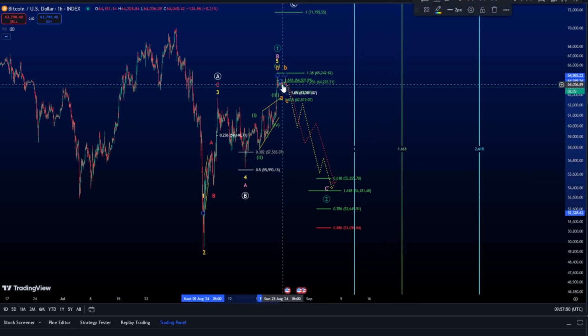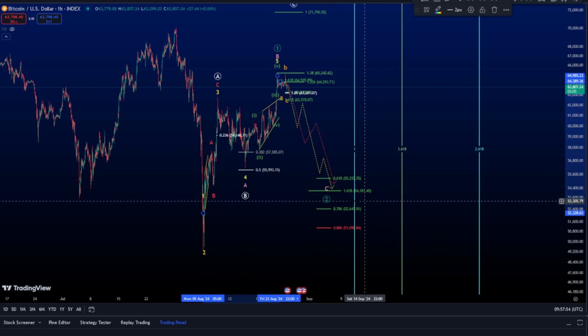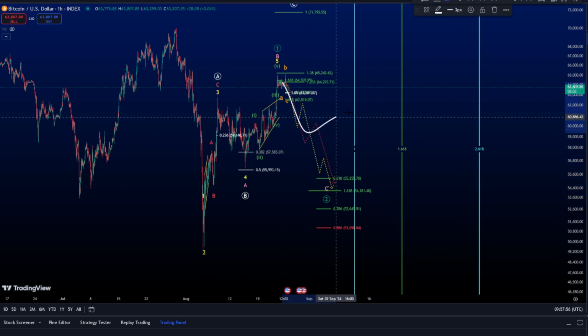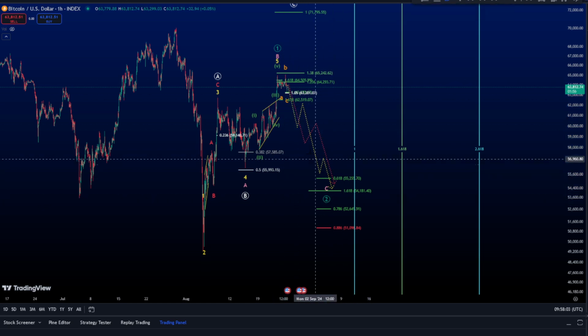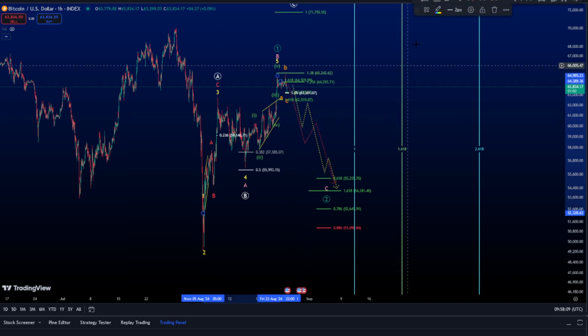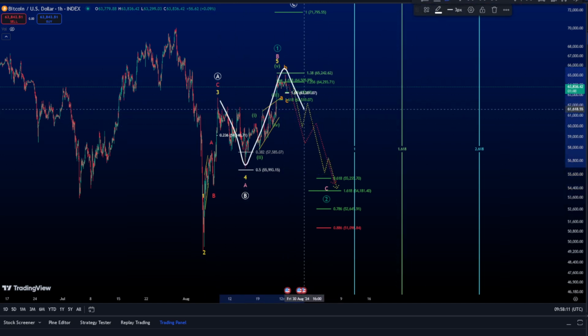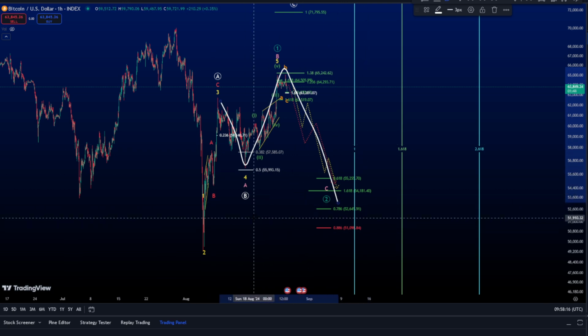So this might take time until we reach the wave 2 if we are corrective here, right? And of course, we want to see 3 waves down rather than an impulse in yellow, as you can see, because the yellow scenario here is for the flat, right? For the A, B, and C,